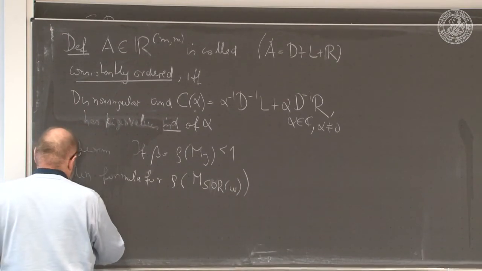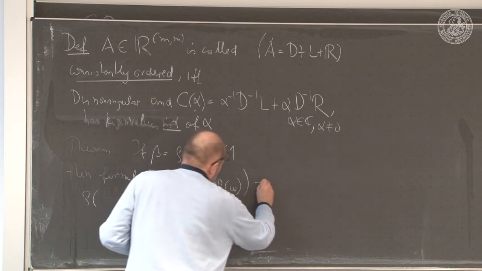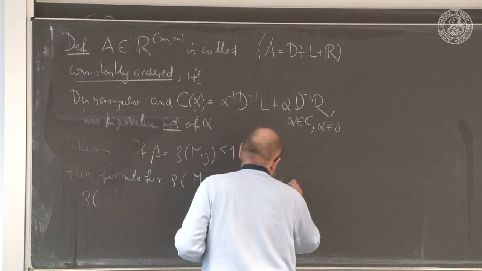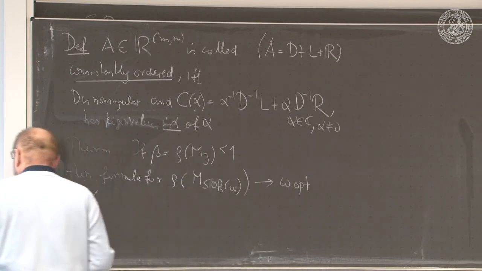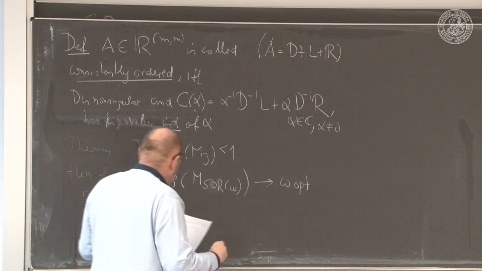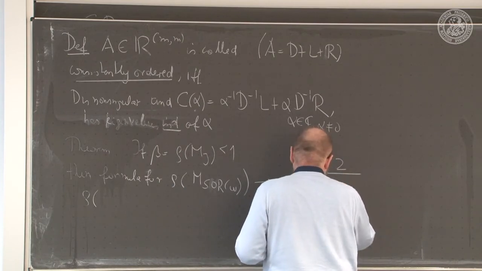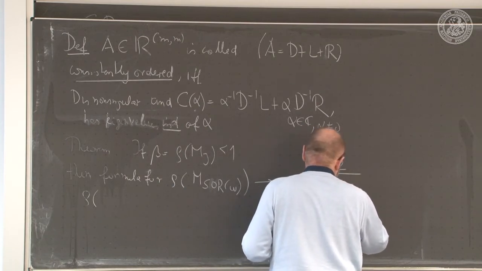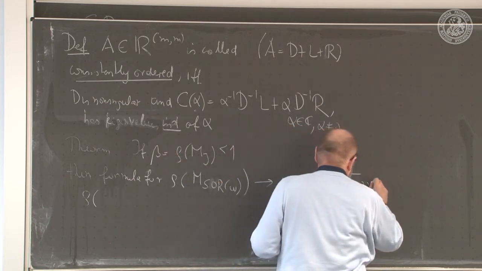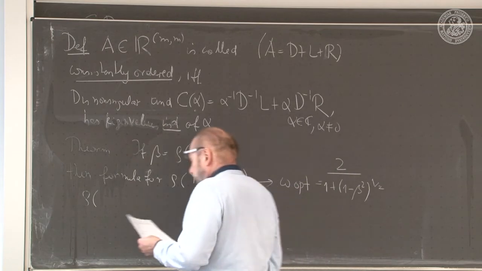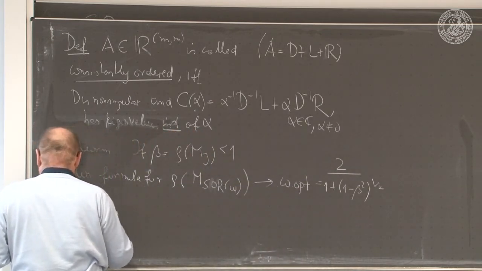And there's a formula, and from this formula we can see omega opt. Namely, omega opt is then 2 over 1 plus the square root of 1 minus beta squared. This is this beta from here. And if we have this, then we can also compute the spectral radius